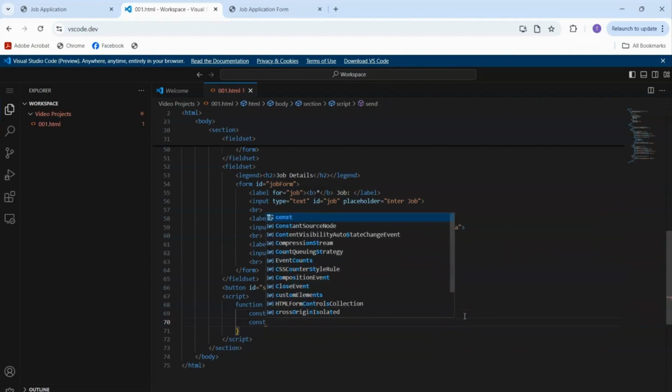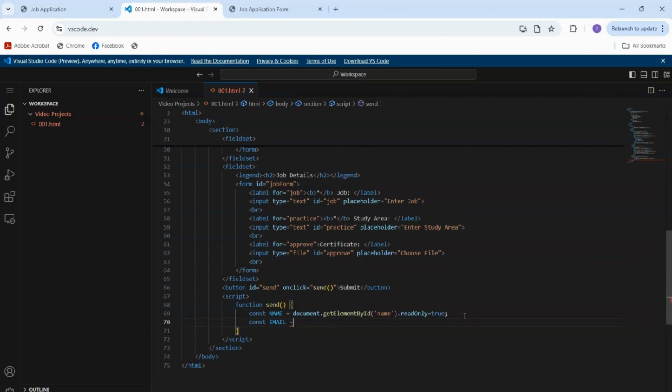Then we'll also add it to our email, or we could just copy this whole thing to make time faster. Now, like you can see, there's a red underline because there's two of it. We can't redeclare a variable that's already constant. Now we say email, and then the error is fixed. Now let's get the element by ID of email and set it only to read only. Then we say constant,